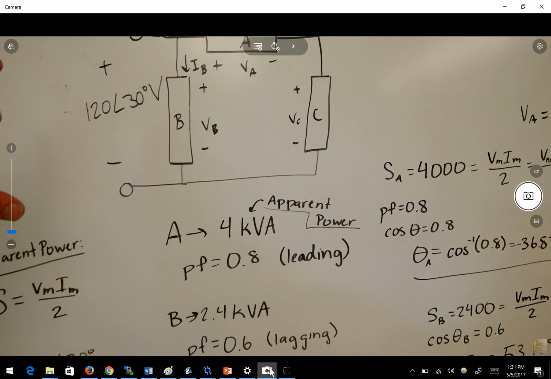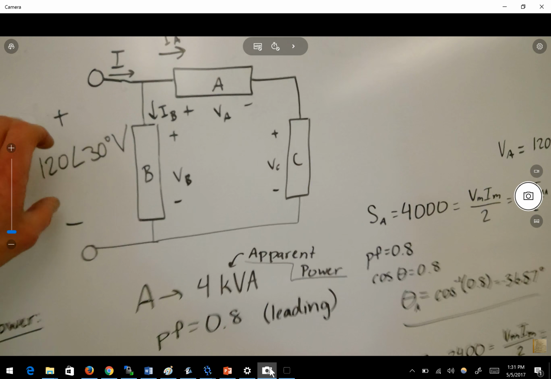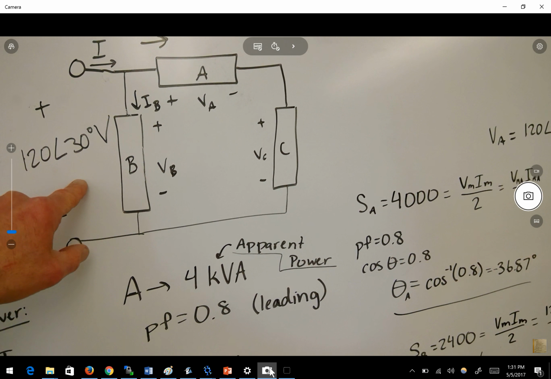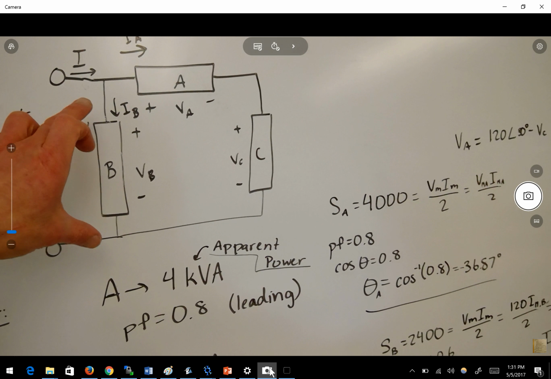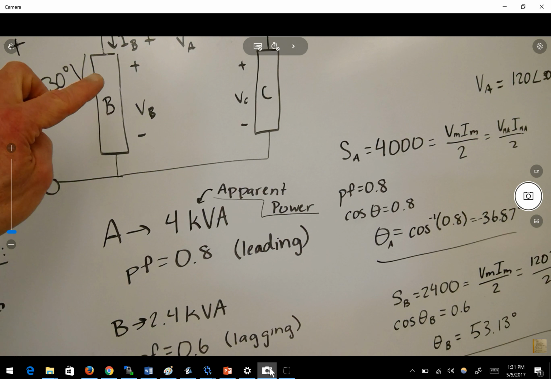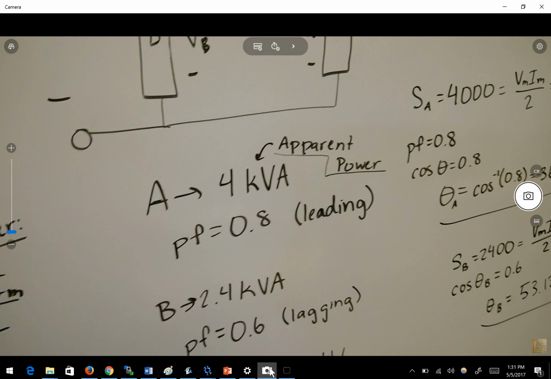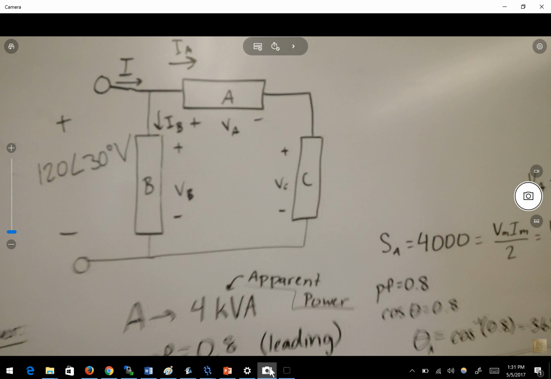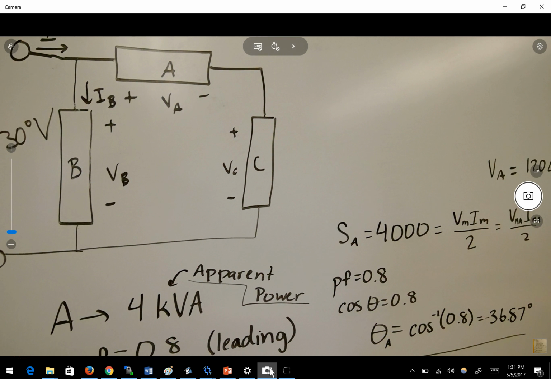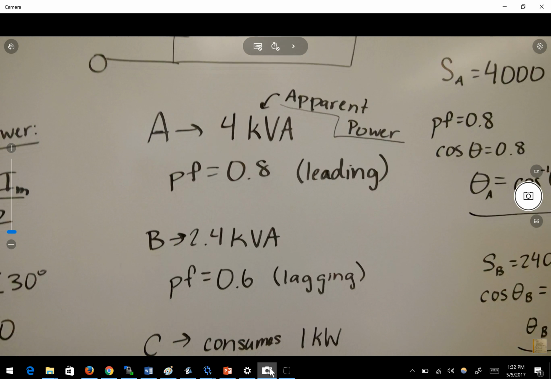So we know it's 120 angle 30 over here, right? And we know that's V. And we know the voltage, and so we can figure out if we know the power, right? We can figure out what I is, right? Well, that's not the value. So you figure out what IB is, the value of Z Thevenin, because the power is